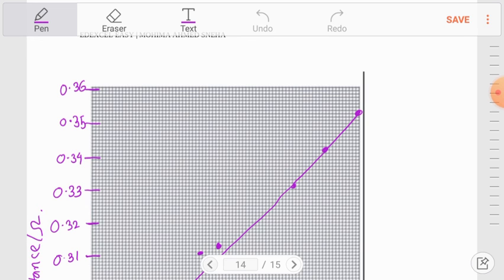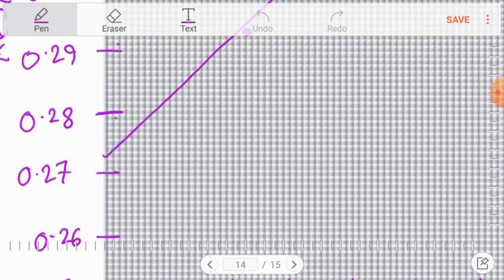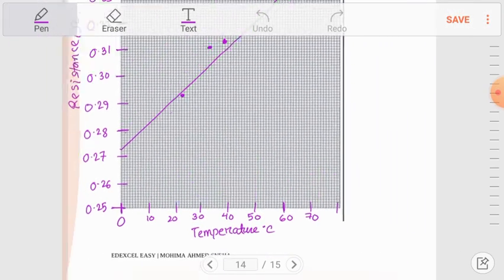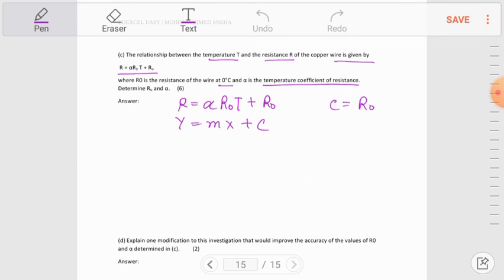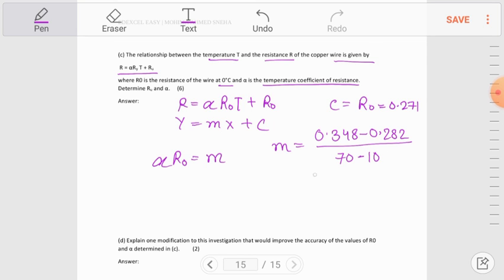Now if you go back to your graph, you can see that the intercept is approximately 0.271. So just using the graph and the y-intercept value, we can find the value for R naught, and that would be 0.271. And now we can compare the gradient. The gradient would give us alpha times R naught equals gradient. So let's find the value for the gradient first. The gradient would be 0.348 minus 0.282 over 70 minus 10, and if you calculate it, you get a value of